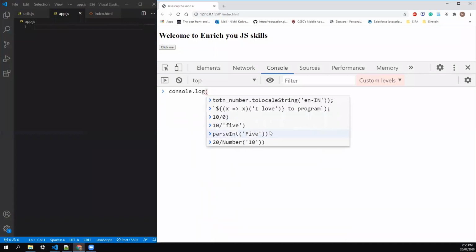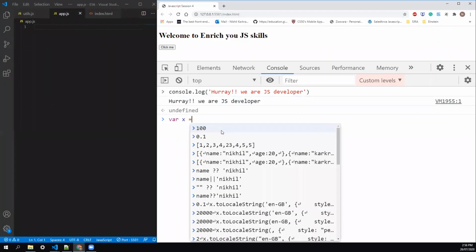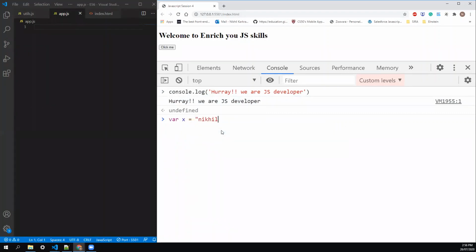So it just logs your information. So it just logs an information in our console. So while debugging and you want to see what data is coming, you just put that object here, like x equal to Nikhil, some data is coming in your program.